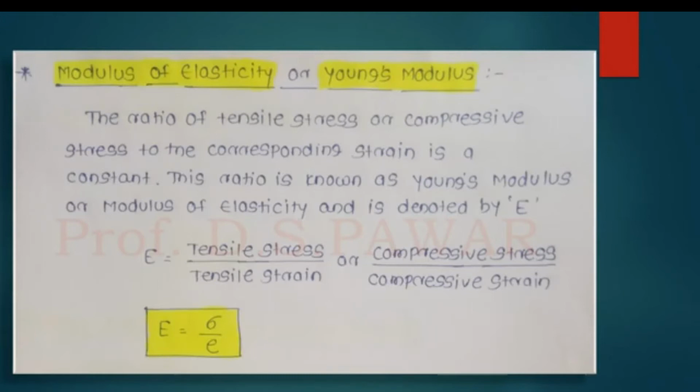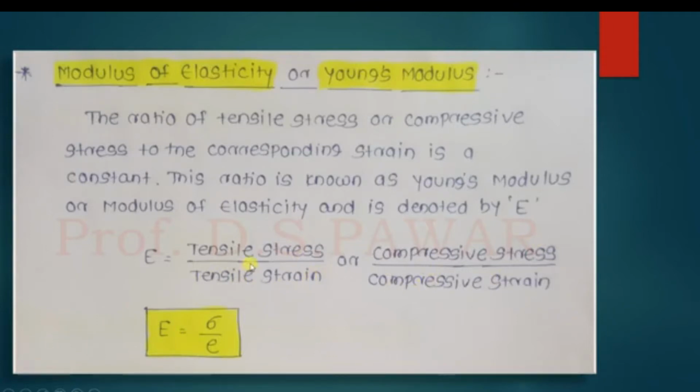So first we are going to see what is Young's modulus, or its other name, the modulus of elasticity. The ratio between tensile stress or compressive stress to the corresponding strain is constant. This ratio is known as Young's modulus or the modulus of elasticity, and it is denoted by E. So you can see here E is equal to tensile stress or compressive stress divided by tensile strain or the